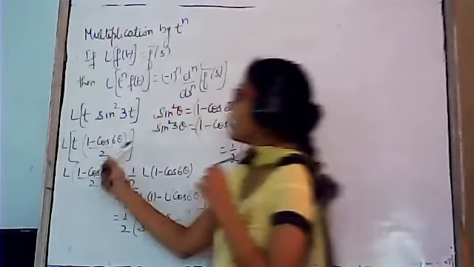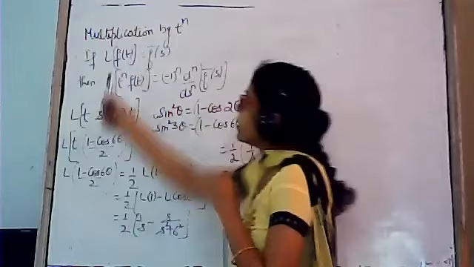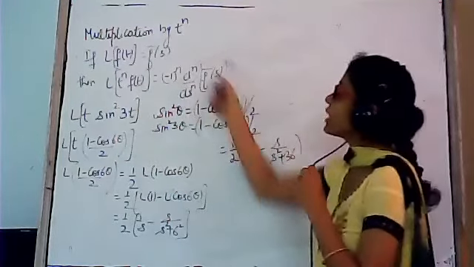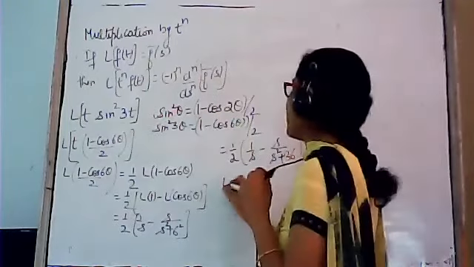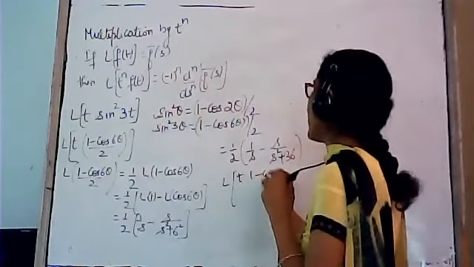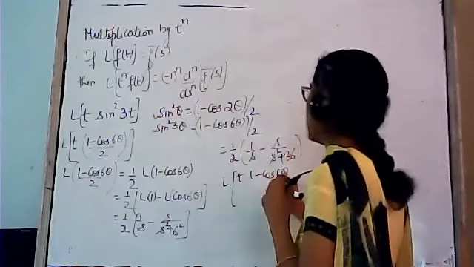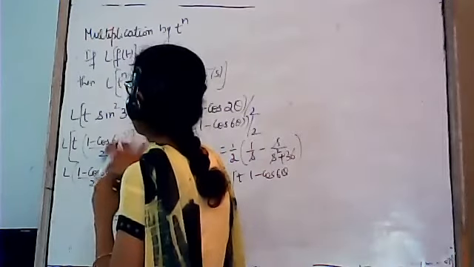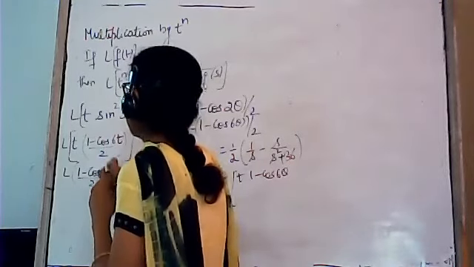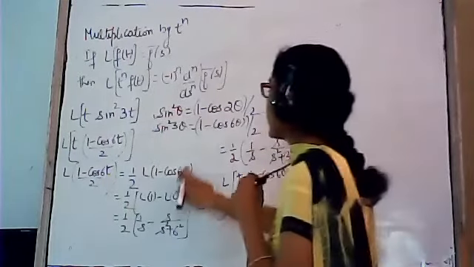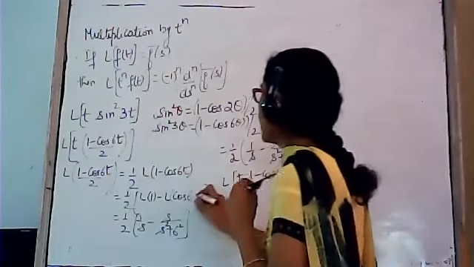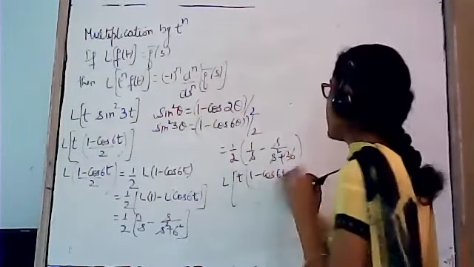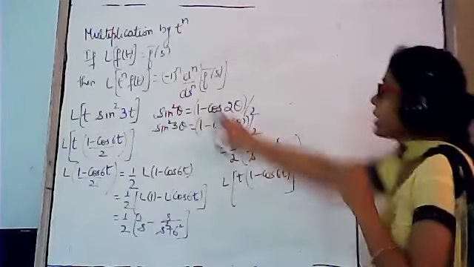Now, beta, we have to multiply this term with the t. So if we want to multiply the function with the t, in that case, you have to differentiate the result. So Laplace transformation of t into 1 minus cos 6t, 6t रहेगा यहाँ पे, as we have t over here. ठीक है? So this is equal to t into 1 minus cos 6t equals to, क्या बनेगा बेटा यहाँ पर result?